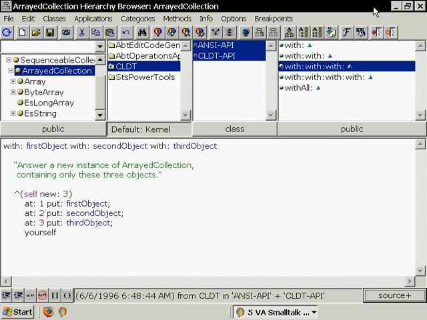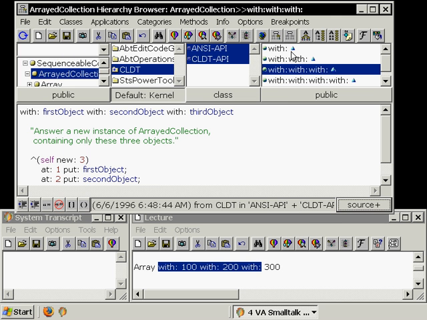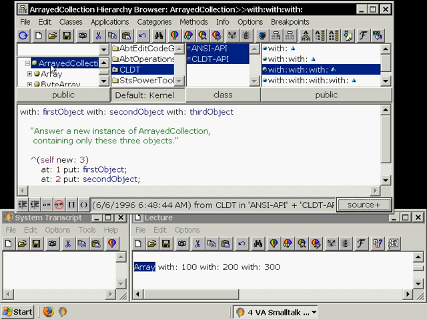Let's browse the hierarchy. Okay, so what do we see here? There is a class array collection, which is a superclass of our array class. Interesting. What do you think happened here? Let's see. I'll close this. So we have a class array. We send a message to it, but class array doesn't have the method with: implemented. So it naturally jumped to its superclass, which happened to be array collection. See, it's a superclass of class array. So we jump up here, and here there is a method with: